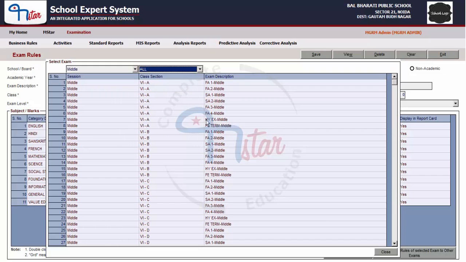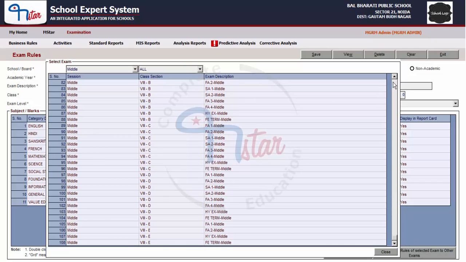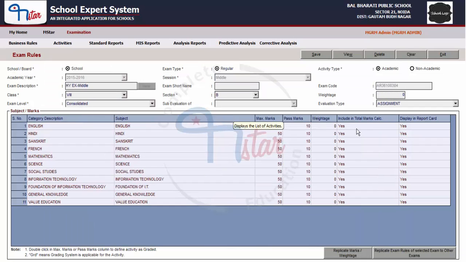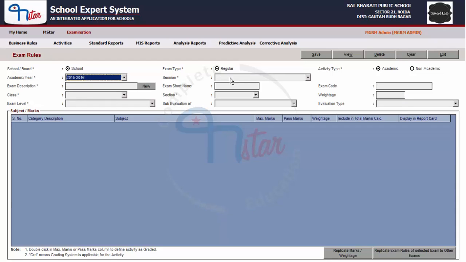Here in the list we see that HYEX exam has been created for 6th A, 6th B, 6th C, 6th D, 7th A, 7th B. In fact, all the sections of 7th and all the sections of 8th also. Click on any one of them and you will see that the exam rules have been created. So click on the clear button and reselect the exam.